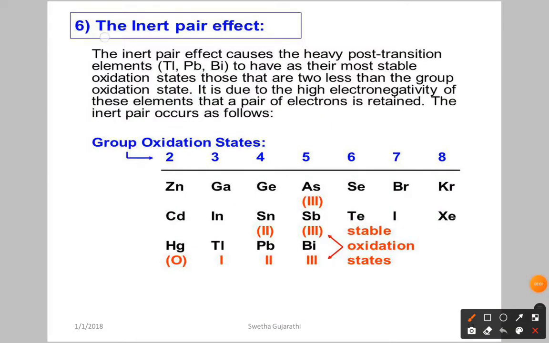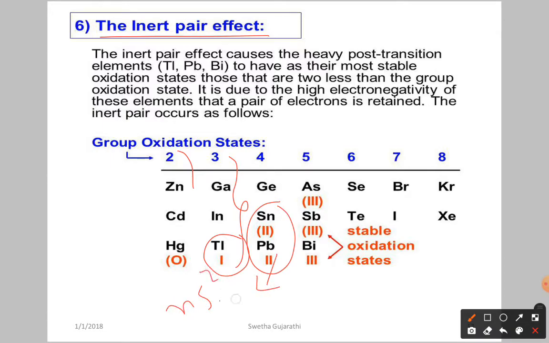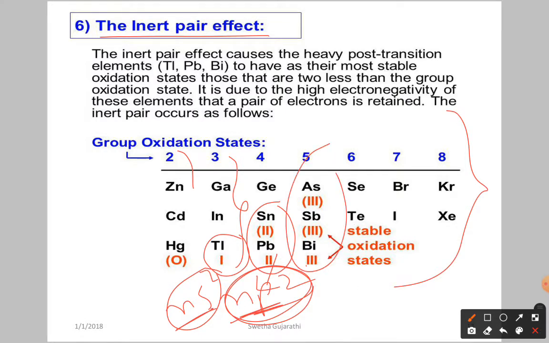This slide we already discussed, the inert pair effect, in group 13. Thallium is +1, and here you can see that for tin and lead the +2 oxidation state increases. Why? The outermost electronic configuration is ns2 np2. If ns2 does not participate in the reaction, the oxidation number is only 2, from np2. We already discussed this for the inert pair effect in group 13, so I kept the same slide here just as a recap.